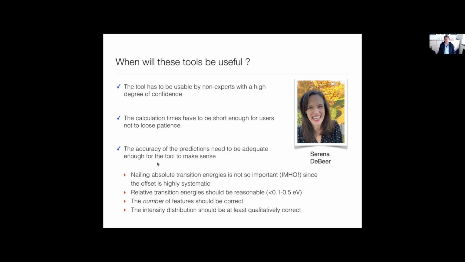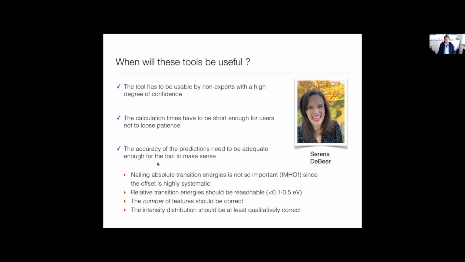In order to be useful, the calculation times have to be short enough for users not to lose patience. And I understand that you would want to have your answers basically immediately. That does not happen with quantum chemistry, but of course, if you would have to wait a month for your calculated spectrum, you wouldn't be interested. And I totally get that. So somehow, in the development, we have to strike a balance between the achievable accuracy and the computational effort, and that has always been a guiding light in whatever we have done in our development.